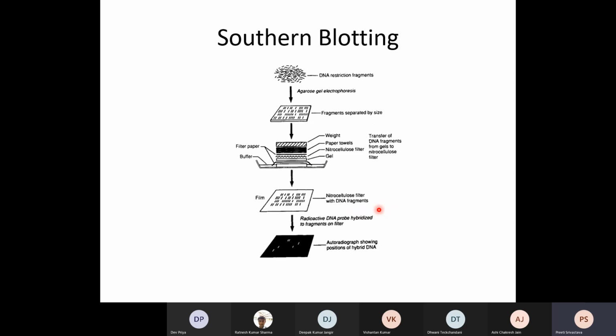For this purpose, we first perform pre-hybridization. Pre-hybridization is a method which allows unwanted regions to be blocked. And then you perform hybridization with the desired DNA probe. Once the hybridization is done, you perform 2 or 3 washes. Once washing is done, if it is a radioactive probe, you can simply detect it using an X-ray film. You can develop an autoradiograph. If it is a fluorescence probe, then you can detect using fluorescence-based equipment like a fluorimeter.